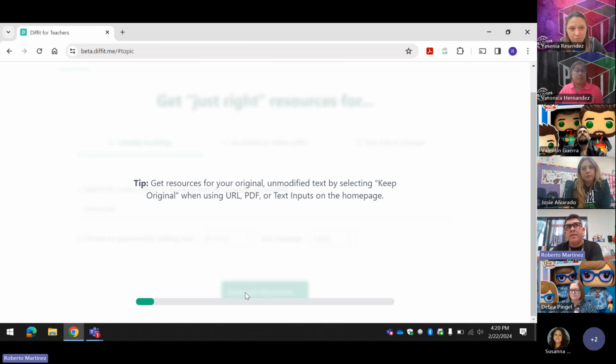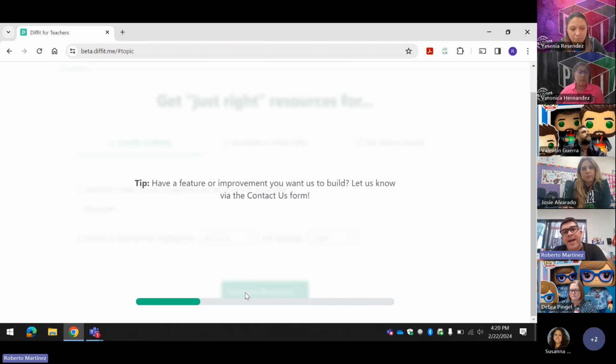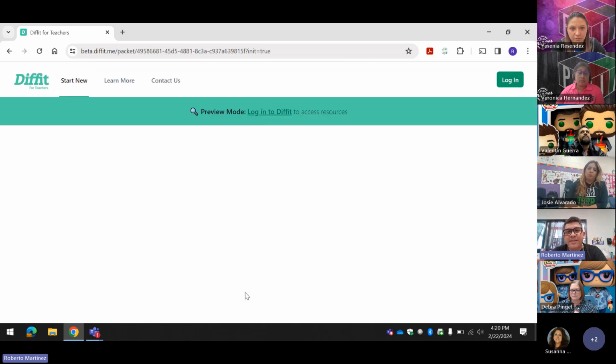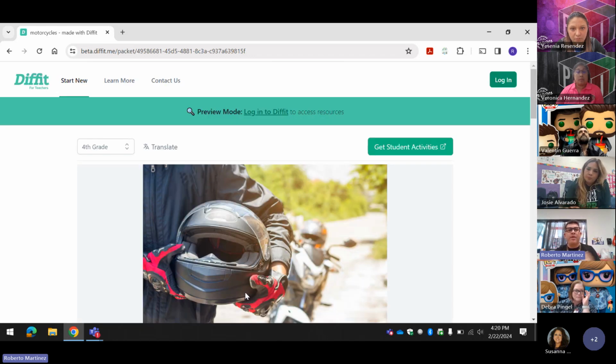What I like about this is it gives you the same scenario of doing passages like in the STAR test. And what I like is everything is in detail. It breaks it down and it gives you resources. And the resources are what we love in fourth grade because we want to do it digital, and this AI produces everything for you. Let me share this. It's still thinking. So this is an example.